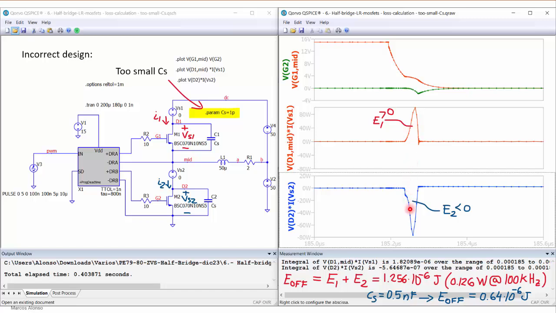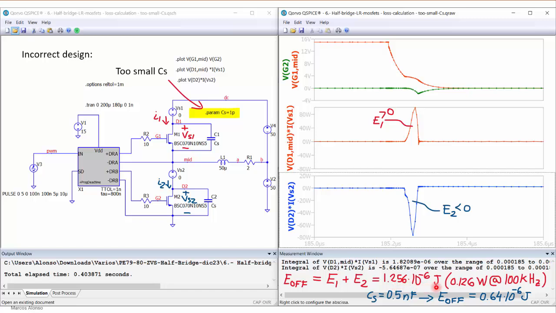And this is the energy corresponding to this part, to the transistor, because now this capacitance is very small. So this is the energy corresponding to the transistor M2, and this is a negative energy because it's energy that is handled by the parasitic capacitance of the transistor. So the difference or the addition of both energies, considering the sign, is the total energy that is going to be dissipated during the commutation. And in this case we get this value